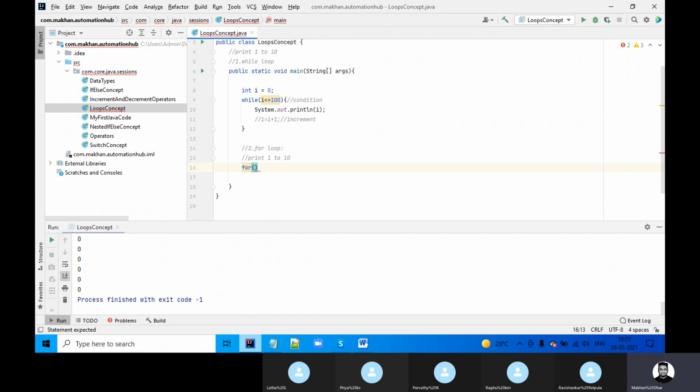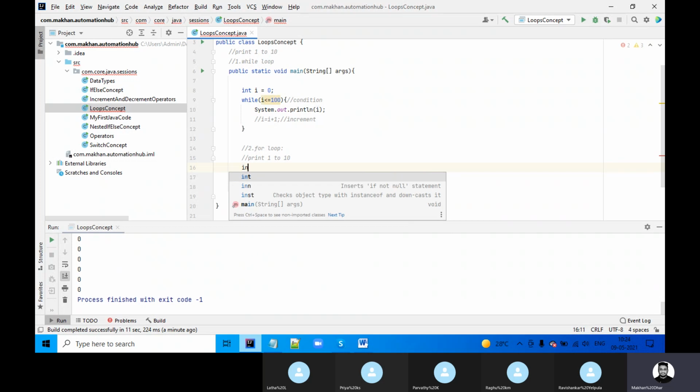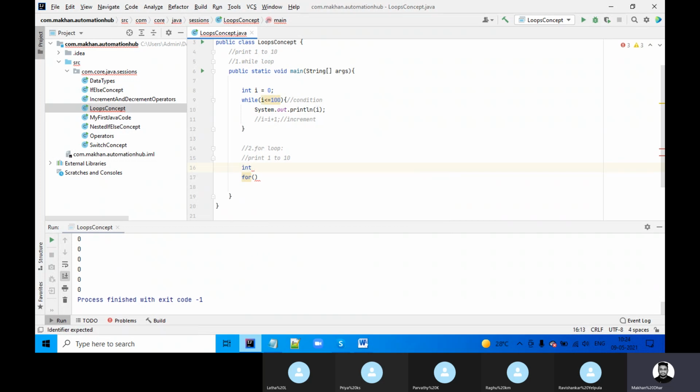Before I do anything, I have to initialize, right? I'm creating one new variable called int j.